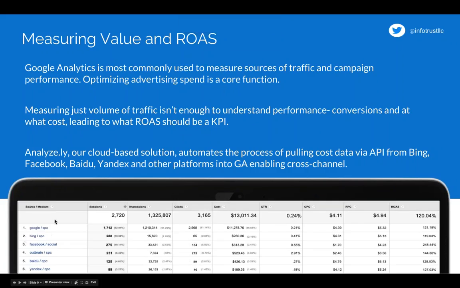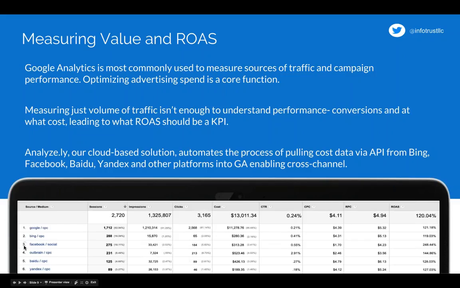If you have Google Analytics integrated with Google AdWords and you're running paid search advertising, you may have this data shown automatically for Google AdWords. By pulling in other sources of traffic in these metrics, which there is functionality to do, we even have a product that automates this ourselves, you can also see that data with other channels. What's interesting in this example is that Google AdWords definitely brings in the most sessions for this screenshot. It has the most cost, therefore, and the return is still positive. The return on advertising spend is here in the last column.